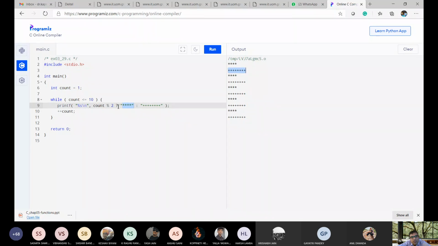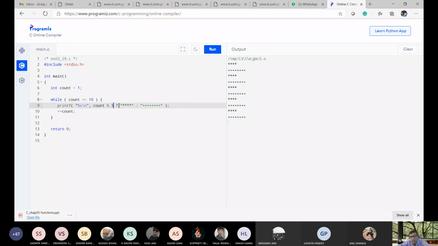If I change this value to 3, what will happen? Star, star, followed by plus, again star, star, plus. The remainders are 0, 1, 2.